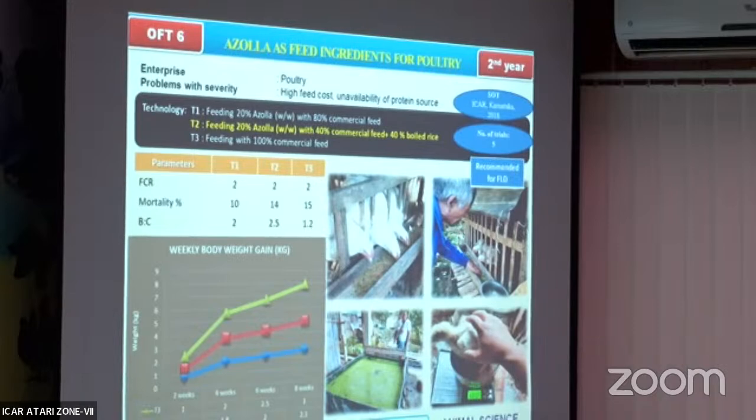But you have just given 40%, 40%, and 20%, isn't it? So it should be on dry matter basis. And you must remember that azolla should not be used up to that level. The fiber content is very high. It has 20% protein, there is no problem, but fiber is very high, so accordingly you have to manage it. That is why body weight has come less. If you are taking up a sustainable study, discuss the fiber level with an animal nutritionist.